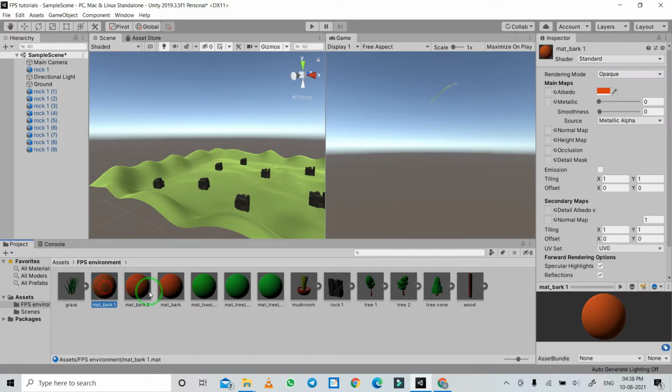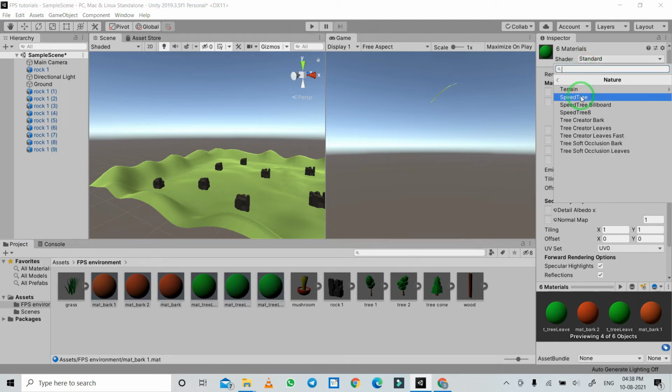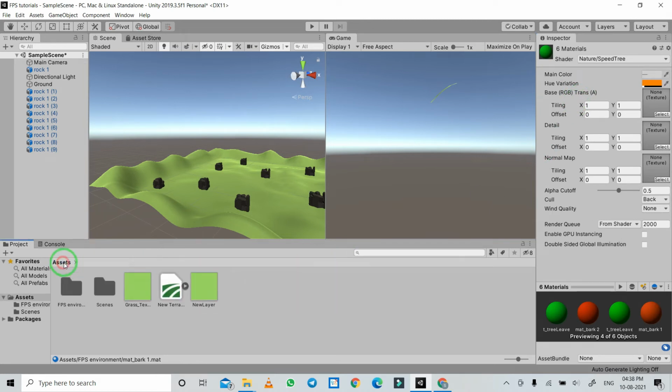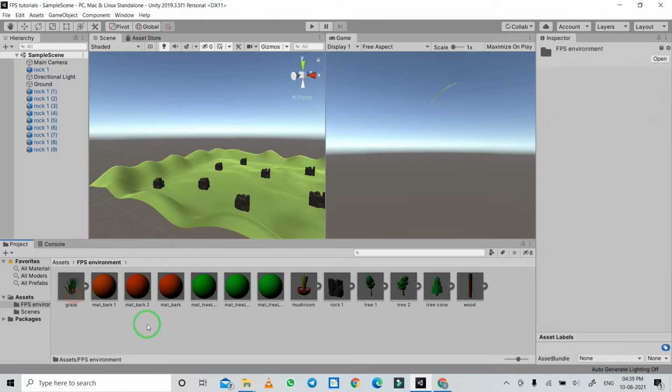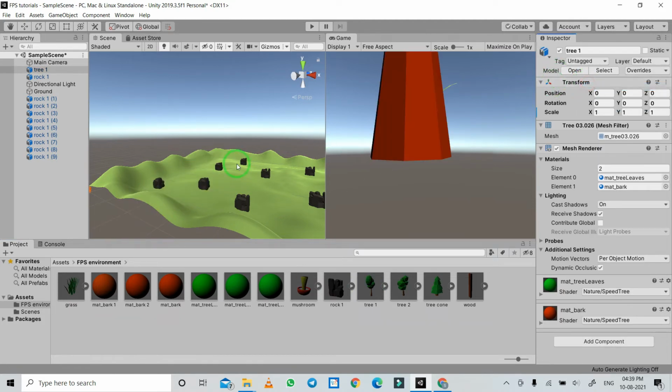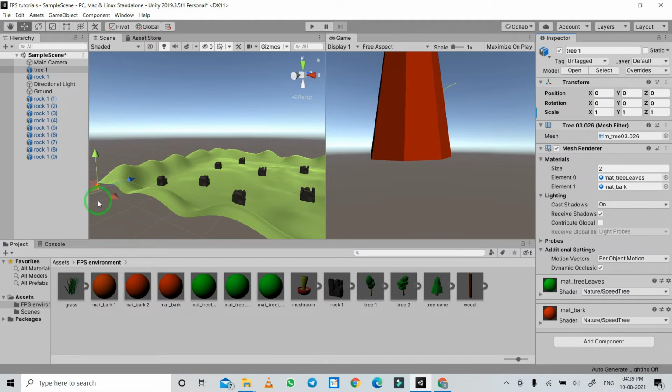Now select all of them and then change the shaders to speed tree. Now for this, what we will do is, first we will reset the transform, and then we will make a prefab out of it.